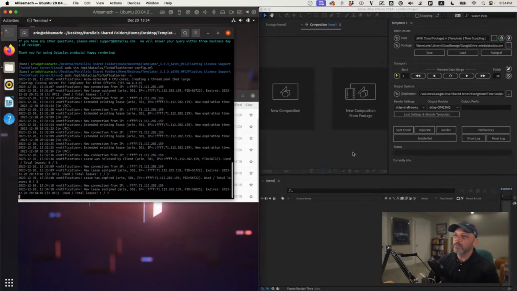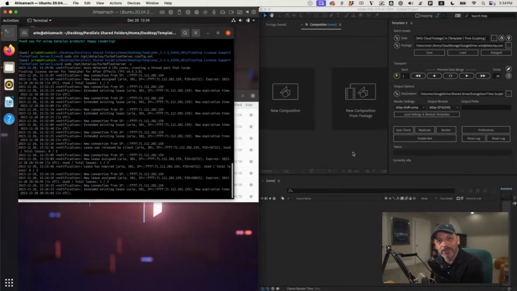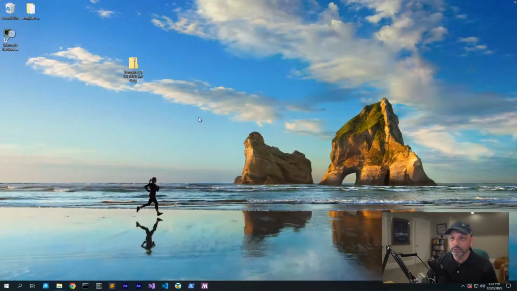Now, what I'm going to do is go over to a virtual machine, and I'm going to show you how you can point that virtual machine to the same server to get another license while this one has it as well. So this is a virtual machine that's in AWS. It is running Windows Server